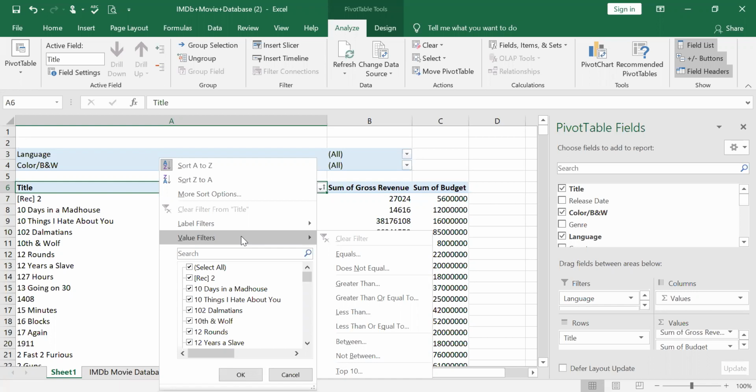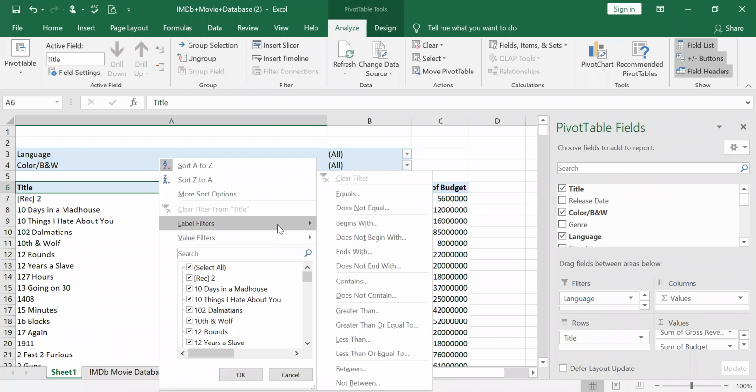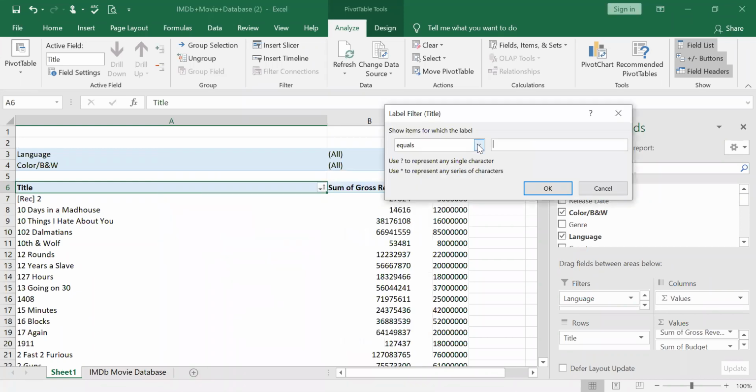Okay, now in the pivot table, where can we have the label filters? When we check label filters, we have a single title, right? Here we have a single title only, right? So in label filters, all the titles are on a text basis. So with a single title we can select equal or not equal. Say for example, if you click equal, you have a drop box, you can even, without going to label filter, select all that here in the drop down.